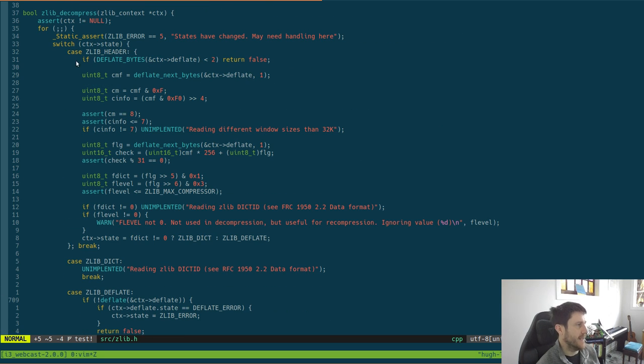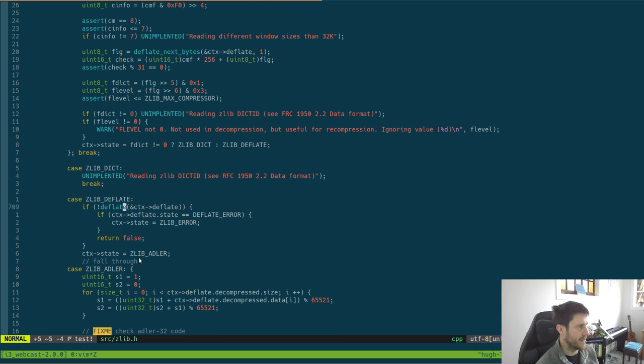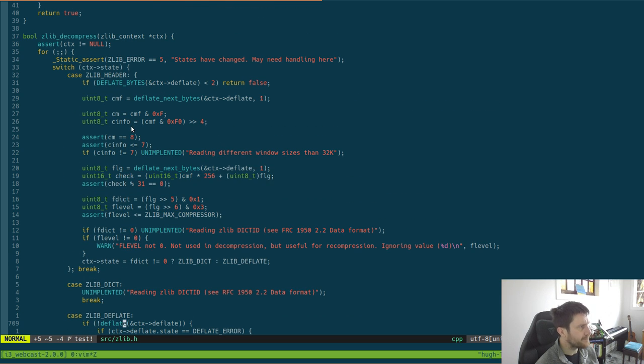But in essence, I thought we did some fall through things, but maybe we didn't. I think that's because we've got this dict thing, but we fall through the other ones. So the header, what we do is we, if we don't have enough bytes, we just return false, and that signifies that we don't have enough bytes, and maybe we should get some more. And this we can kind of add more to. I think the adding more to is like not as intuitive as it could be at the moment,